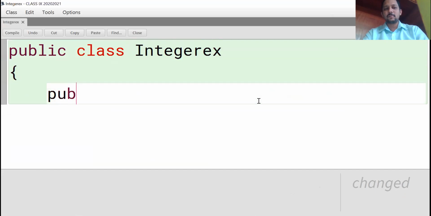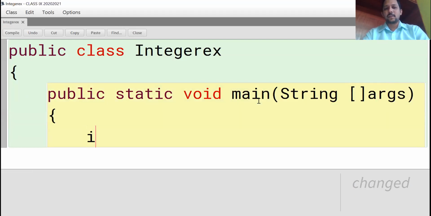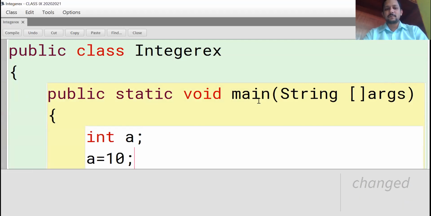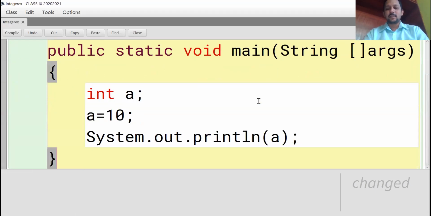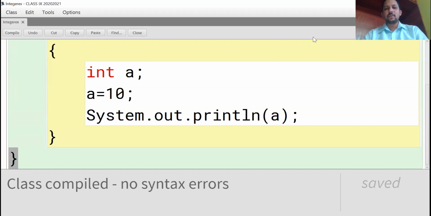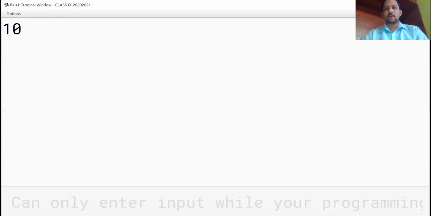Integer example, main method, then declare variable int a is equal to 10. So this is an integer literal. Without decimal points is called integer literal. What is your output? Same output you will get, 10. What you declared, that is your output.